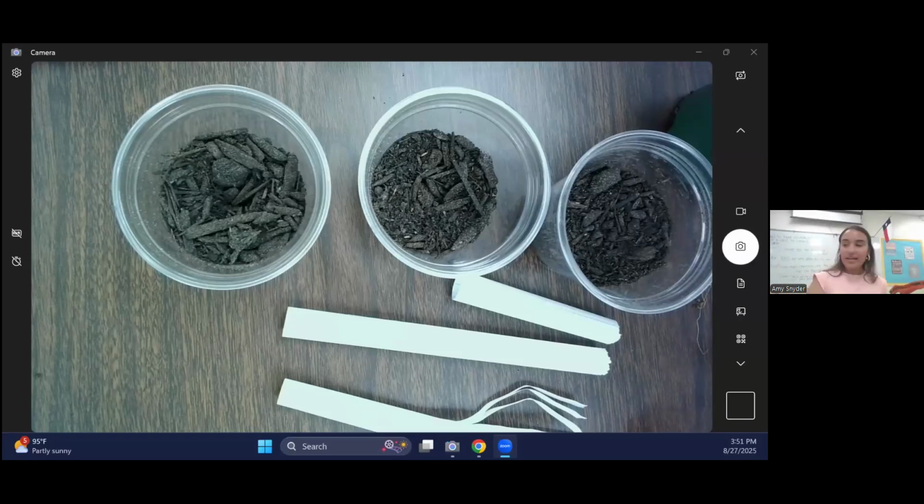Okay, and then next you're gonna need 75 milliliters total of water with food coloring. So we use blue, you can use any color, it just helps them make the observations a little bit easier when you add the food coloring. So you'll need 75 milliliters total, but it's going to be distributed amongst the 3 containers of soil. So you'll need about 25 milliliters in each cup. So I'm gonna divide up my 75 for 25 each. I'm just putting them in these smaller cups. So 25, 25,